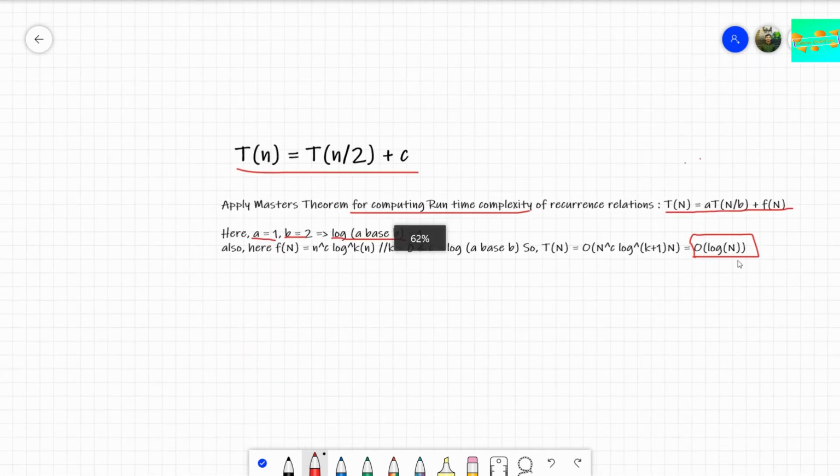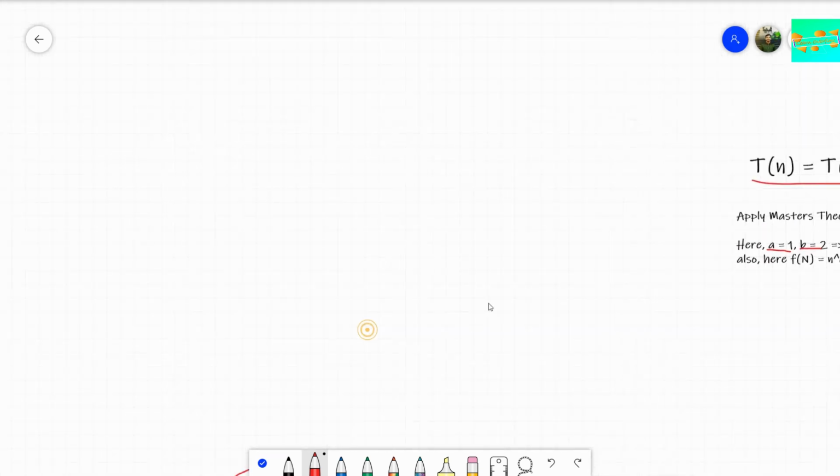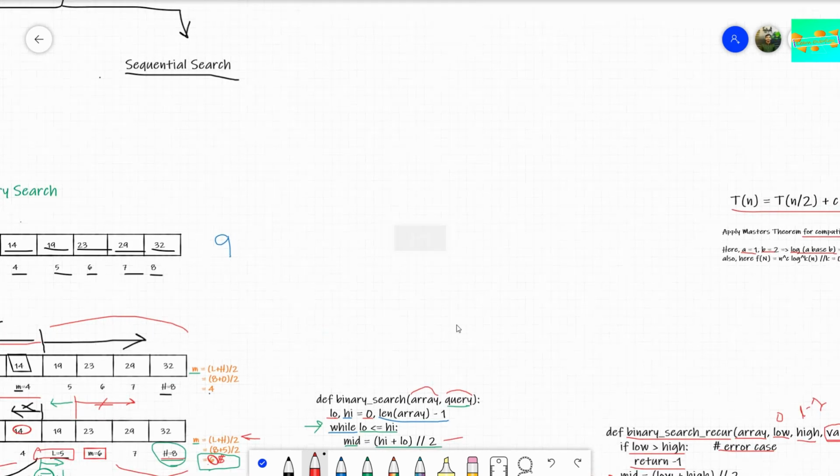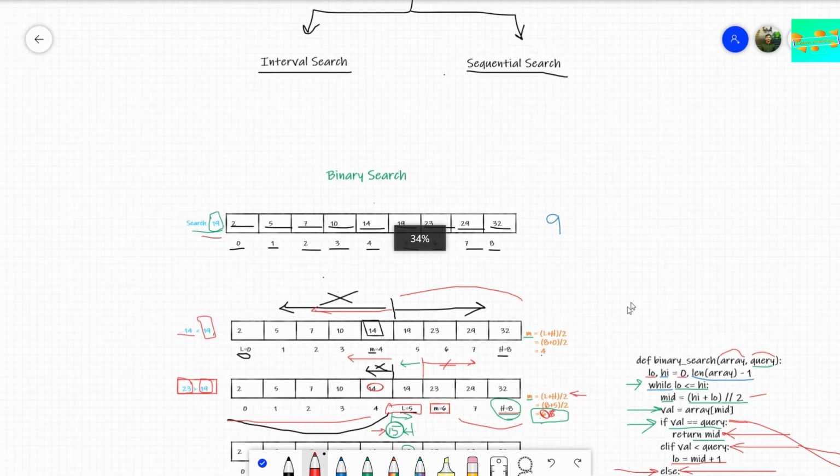Also, the average case time complexity is order of log n. It can also happen that we find the best case time complexity to be order of 1. How can we find the best case time complexity? Best case is when, if we're looking for 14 here, the search element was 14 and we just found it in the first run, that the array at position mid is our search item. So that was order of 1. That's the best case time complexity.